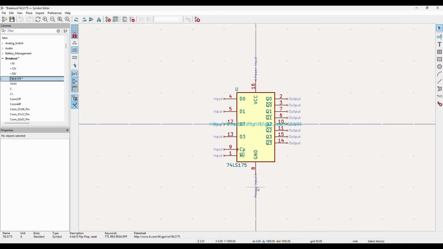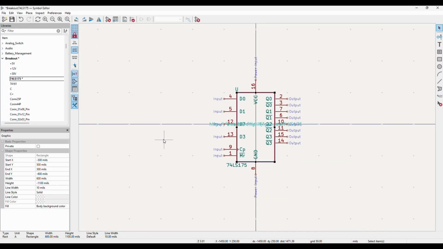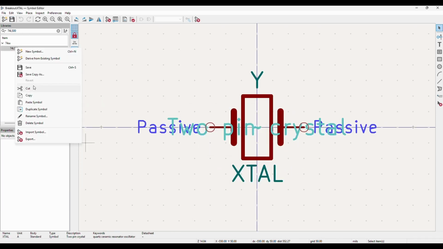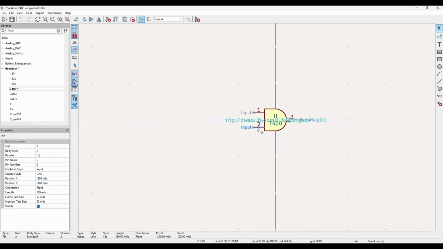The 74175 is pretty close. We'll copy that and make some adjustments. I'll copy other standard gates as well and make adjustments as I see fit.